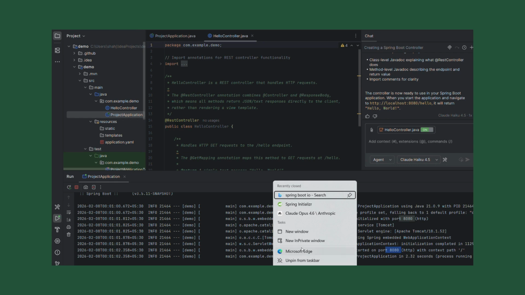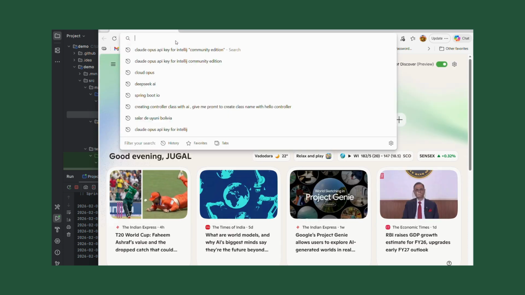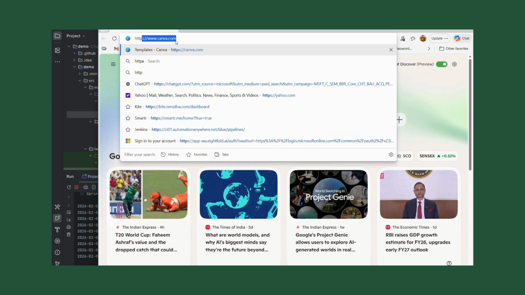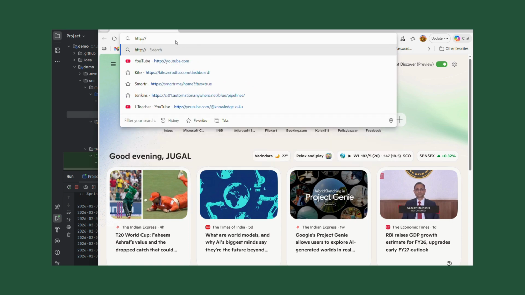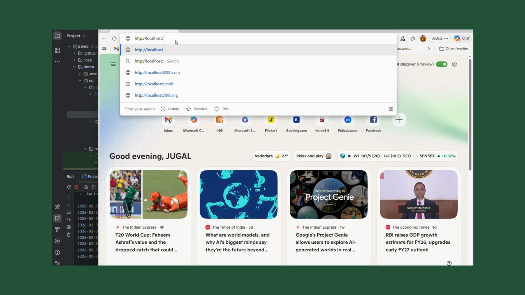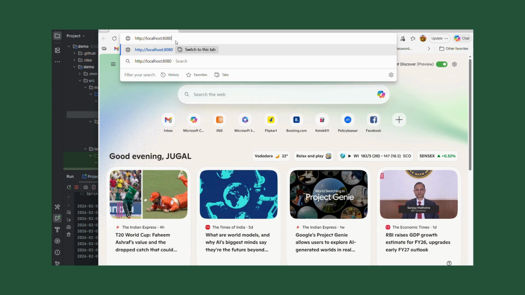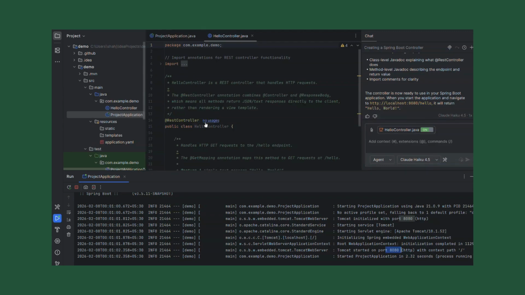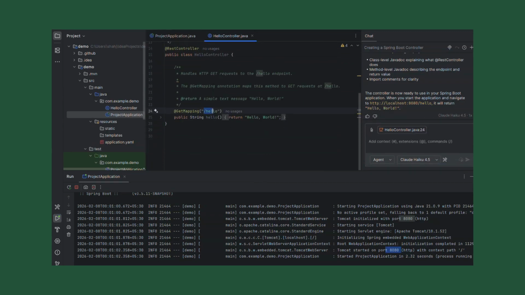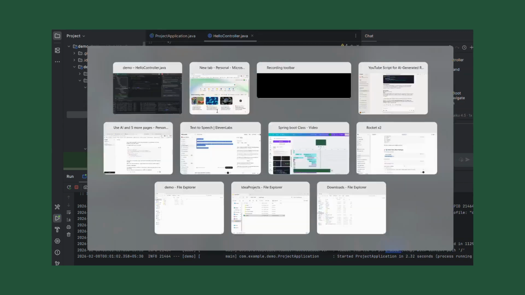Now let's open our browser and go to http://localhost:8080/hello, and there it is, our hello world message, served directly from the AI-generated REST controller. So with just one simple prompt, we got a working REST API endpoint up and running. AI wrote the code, Spring Boot handled the rest, and we're live on localhost